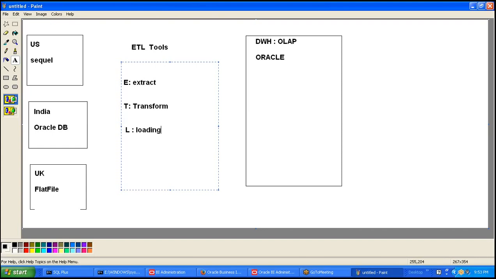There are many ETL tools. One among them is Informatica, which is a famous ETL tool. Informatica is actually the organization name. Informatica Corporation is the organization name, whereas the exact tool name is Informatica Power Center. So it is famously known as Informatica. Or it can be any other technology like DataStage, Ab Initio, anything.